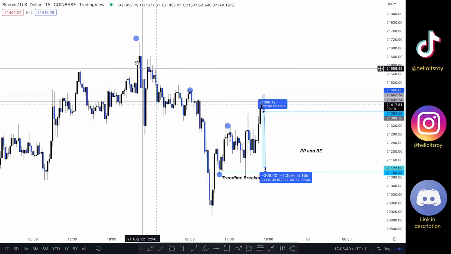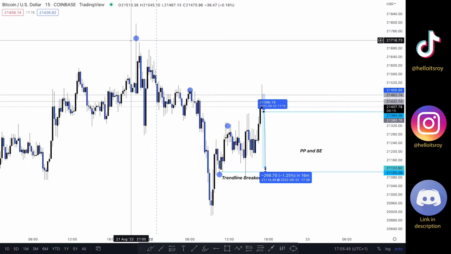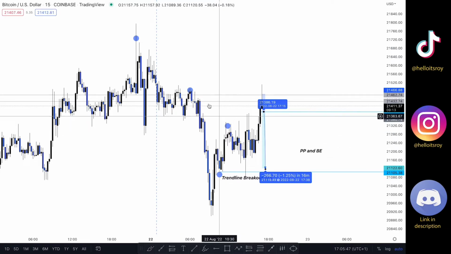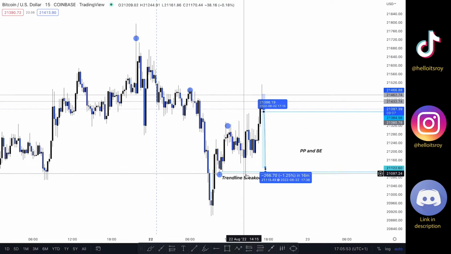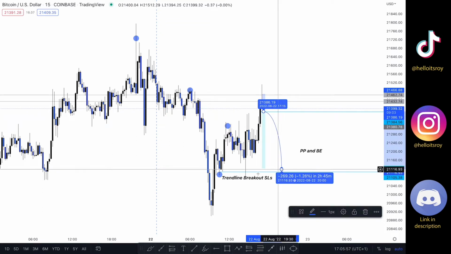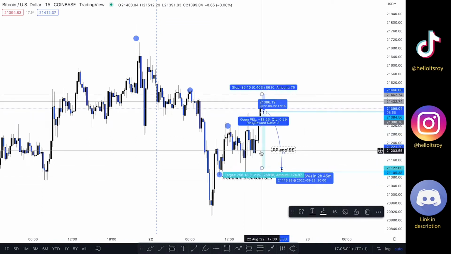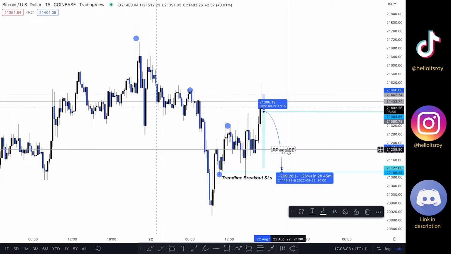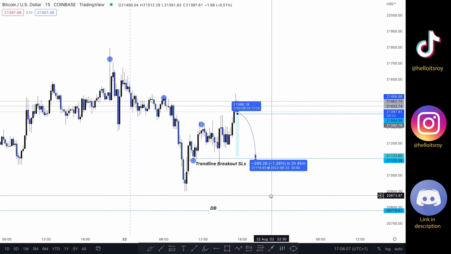We have a double bottom, and we had a trend line right here through to the downside. I don't want to have a lot of lines on my screen. However, we had a trend line on the 15 minutes time frame right here through to the downside. It's been broken, and when this trend line has been broken, people would buy and place their stop losses below here. So this is a good area to target, because as you can see, I wrote here the trend line breakout as L's. Now right here, I'm willing to take partial profits and break even, and then this is going to be my trade generally.